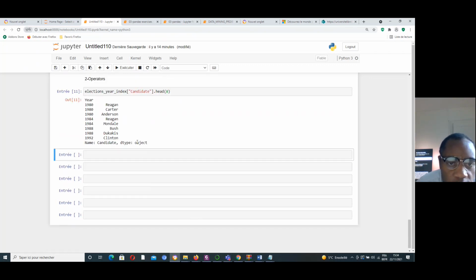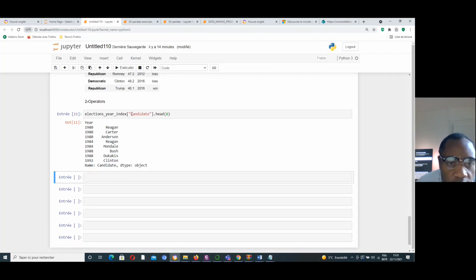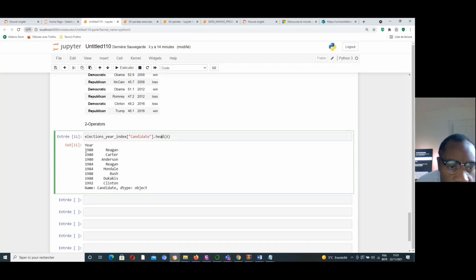Okay, you see that candidate, first element, but here is the Nali Eli, Carter, Nali Eli, Anderson, Nali 45. Okay, great. The operator also accepts a list of strings.